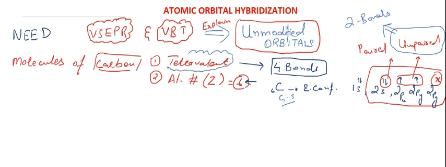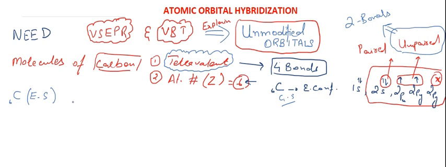If it is tetravalent in its molecules, then it should make four bonds, but from here it seems that it should make two bonds. Other element atoms undergo jumping of electrons, and carbon can do that also. So when carbon is in an excited state,